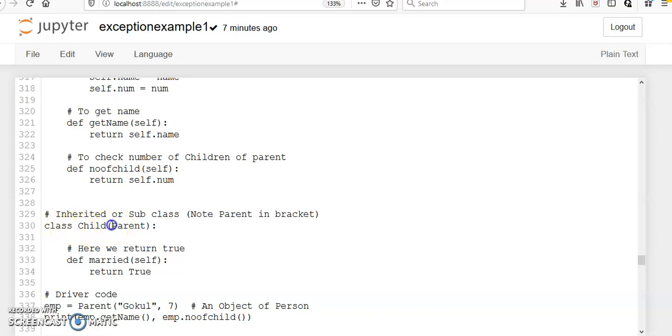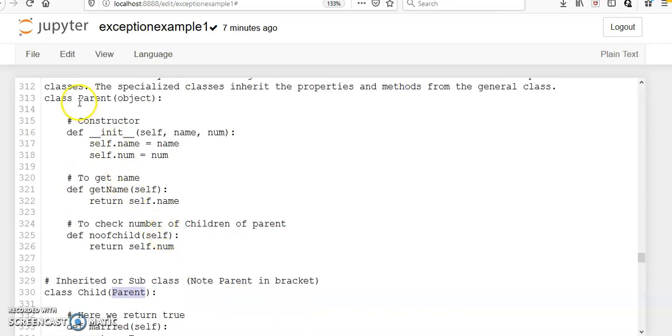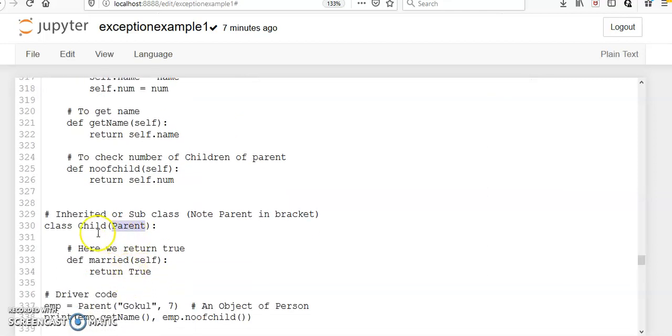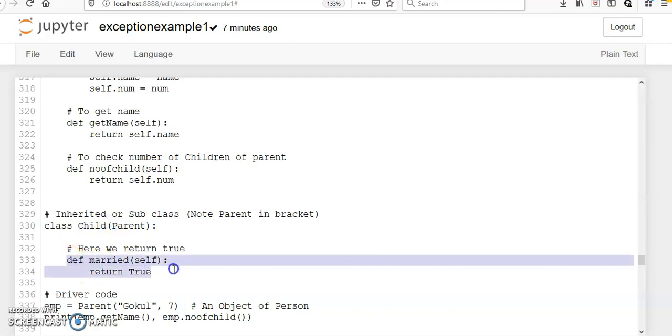Here we have to pass the parent class name. The name of the base class is Parent, so I am passing Parent here, and Child is the name of this derived class. This also has one more method which specifies the status of the child, whether married or not, right?